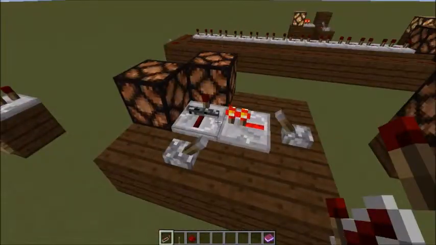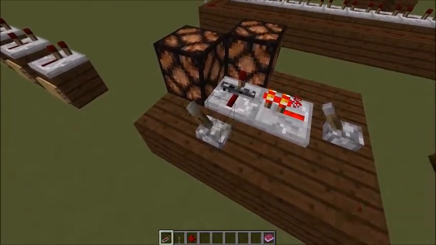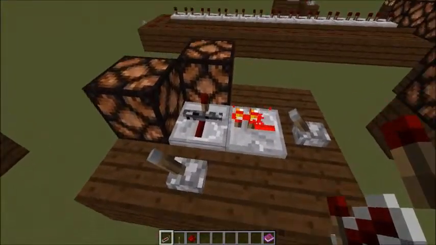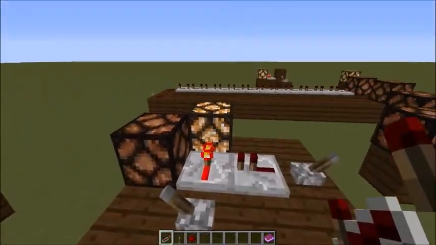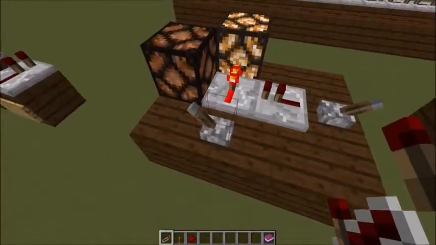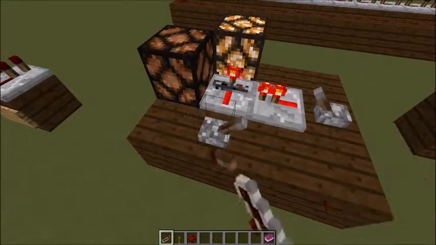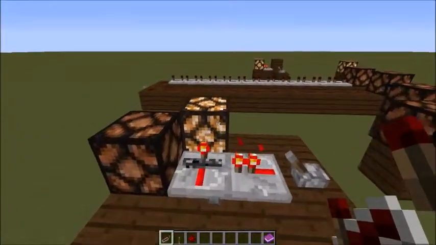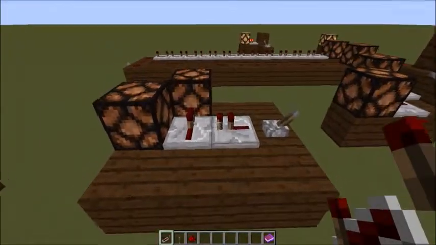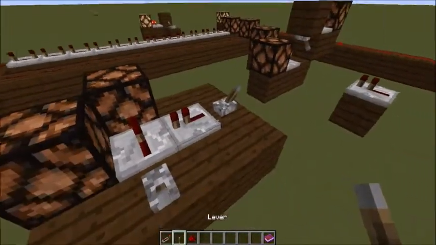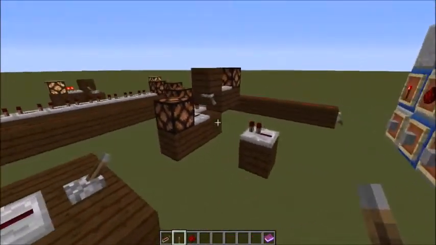But if we put this on, it locks the repeater. So now we can do anything with this lever. We can put any signal into this repeater and nothing will change with the light. And you can see when I unlocked it, the signal went through. Now if I lock it while the signal's in there, I can turn this off. I can even get rid of it, and the signal will still be there. That's useful for memory, and just overall some computer stuff. So that is the repeater,